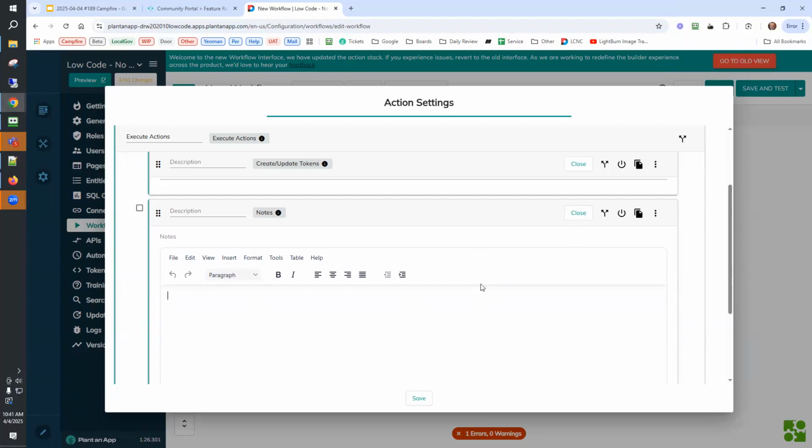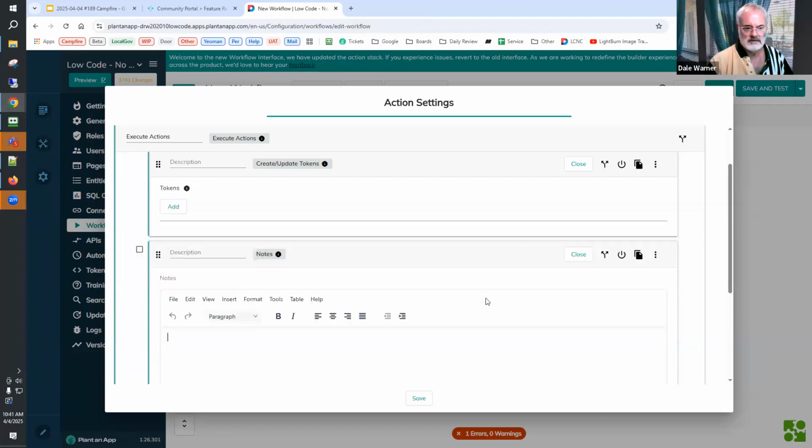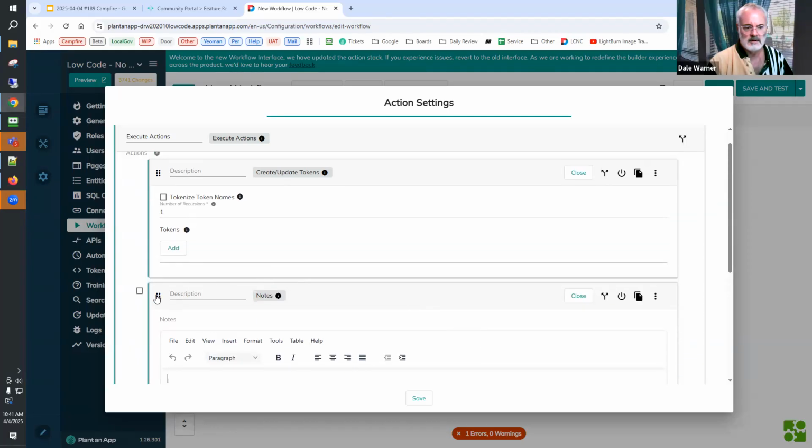I was at one time aware of that, and I'm happy to be reminded about that. It looks like that is on an action, or like it's in the action stack. It is. Okay, well, that would be helpful. It's independent of the action. That's more of a note about what's going on in this action stack, more so than a note about a particular action. So it's a finer point.